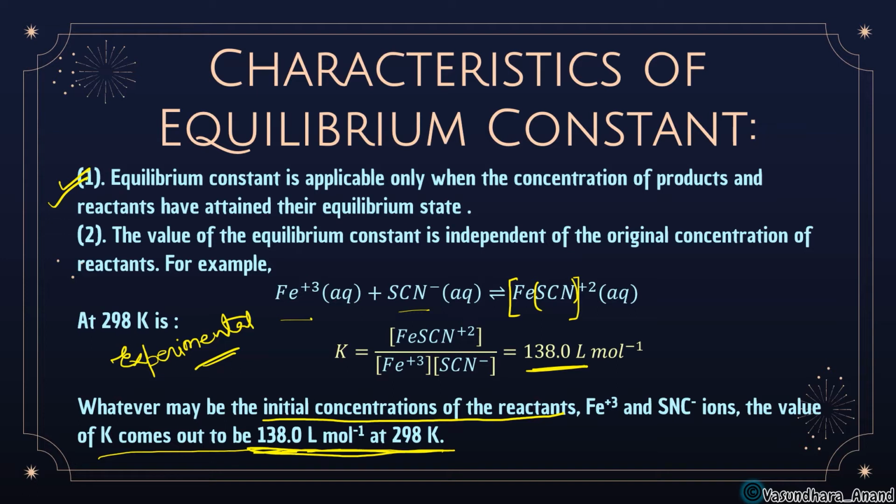That's it. As I told you, the equilibrium point does not decide at all at what speed you are coming, or how much time you are taking to come. Similarly, the equilibrium constant also does not depend on the initial concentration or the final concentration. It depends only on the concentration at the equilibrium.